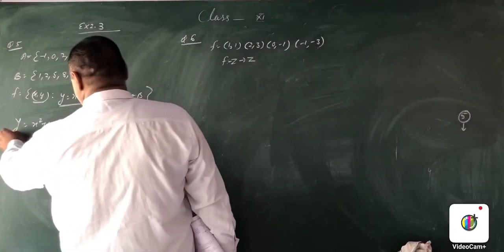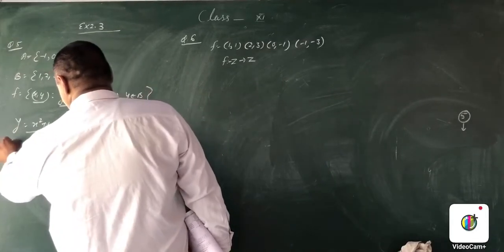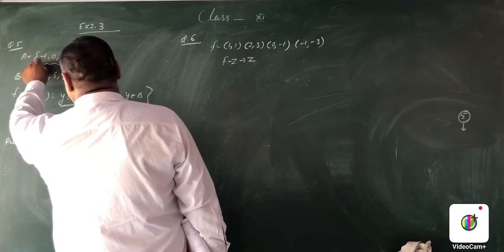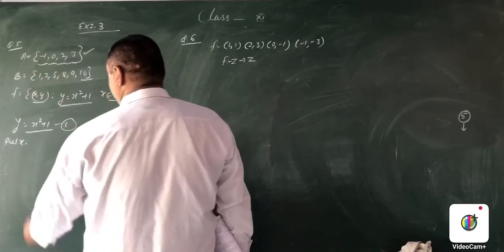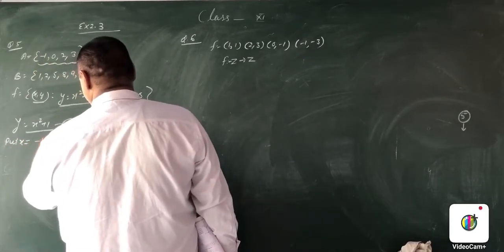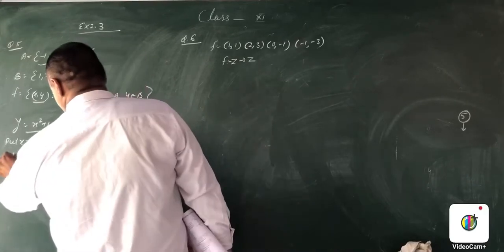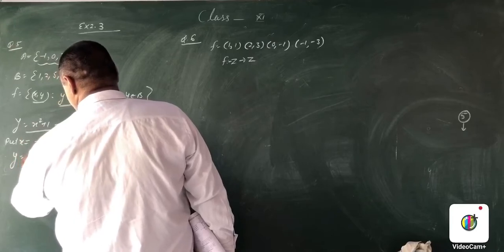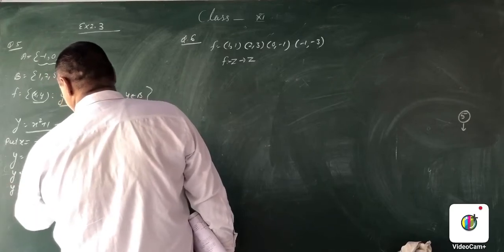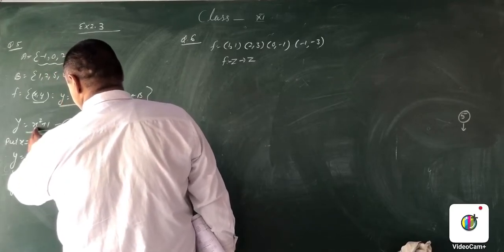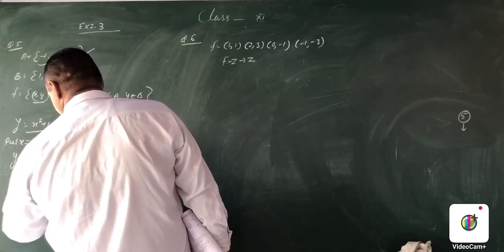So now the relation is y equal to x square plus 1. Put x equal to these values. Now x belongs to A, it means we change all the values of A into x. So then we put x equal to -1, 0, 2, 3 from A first. We find the value of y. For x equal to -1, y is -1 square is 1 plus 1, we get 2. For x equal to 0, y is 0 plus 1, which is 1. For x equal to 2, 2 square is 4 plus 1, which is 5. Then we put the value 3: 3 square is 9 plus 1, which is 10.